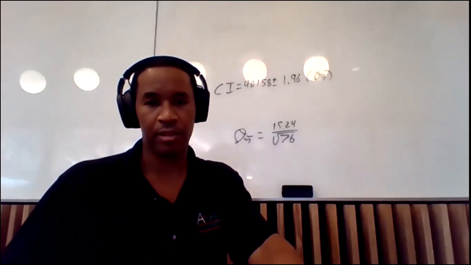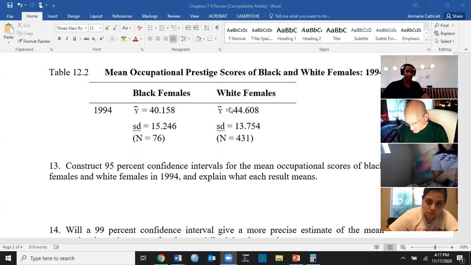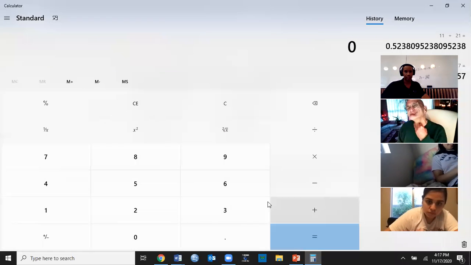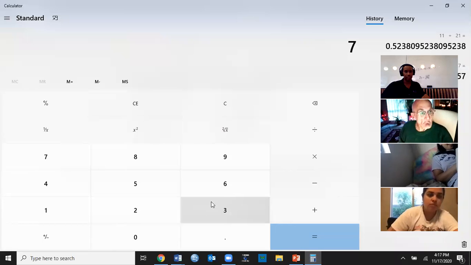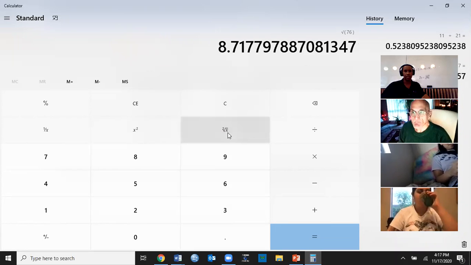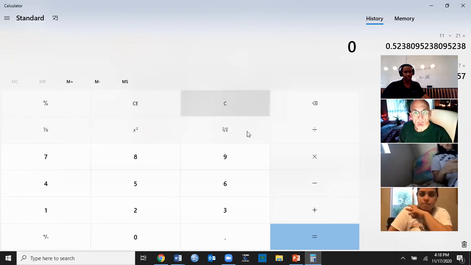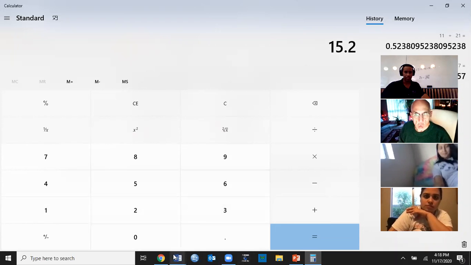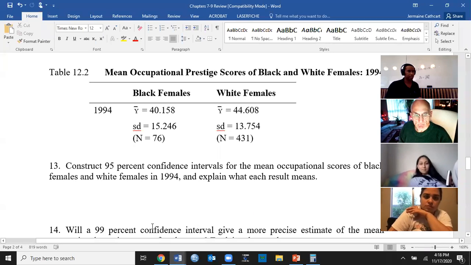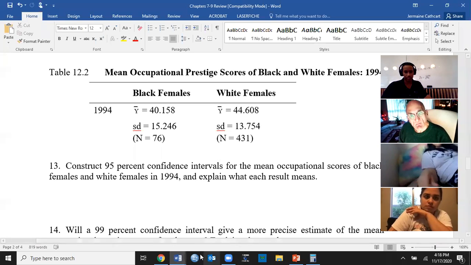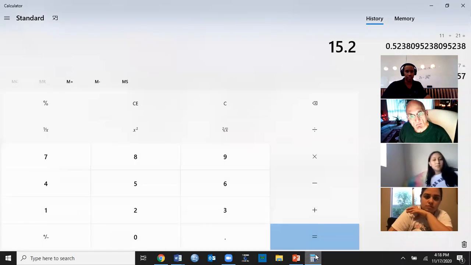So we take the square root of 76. Let's just say 8.72. So we're going to do 15.246